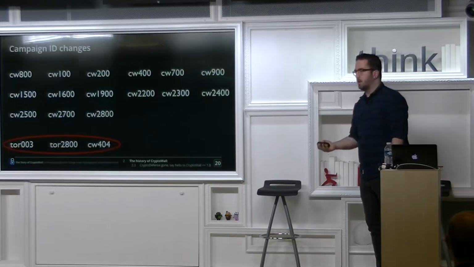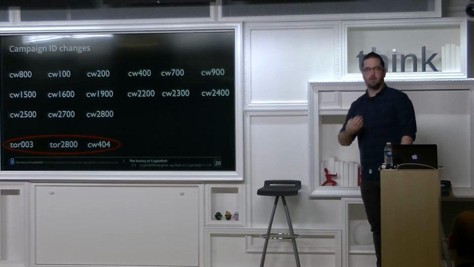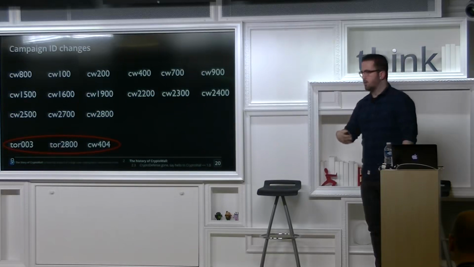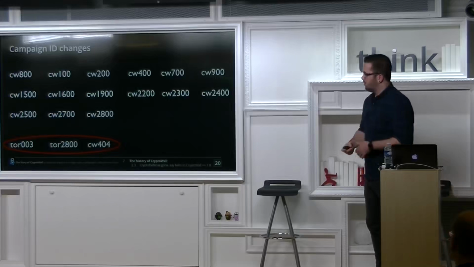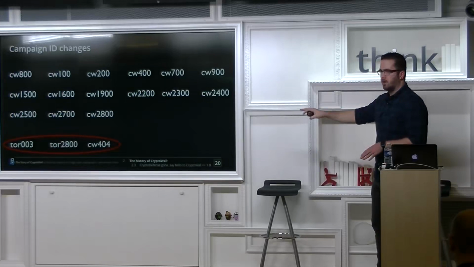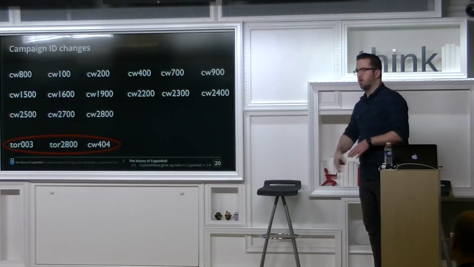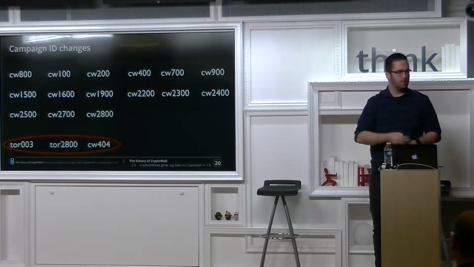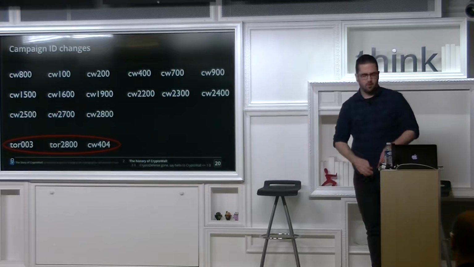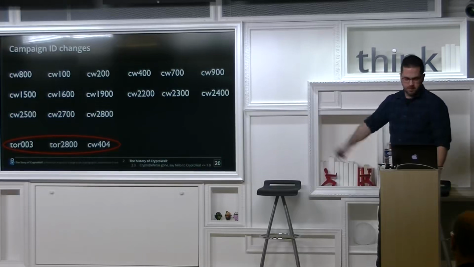Campaign IDs changed again. Instead of def from Crypto Defense, now it's CW. Again, version numbers would be incremental. You would see slight changes. And you could also see they were experimenting with some stuff. There were some Tor versions in campaigns, and these versions would actually talk on Tor directly. So no more proxy servers, they would connect directly onto Tor. And they also made a CW 404. There were no changes. They probably just thought it was a funny campaign ID to use.